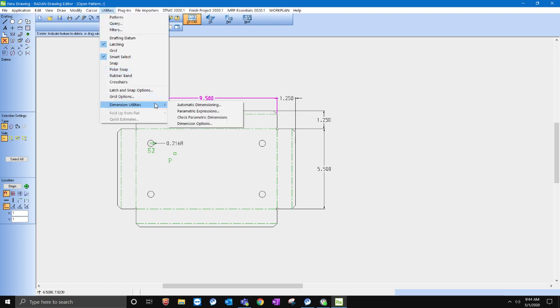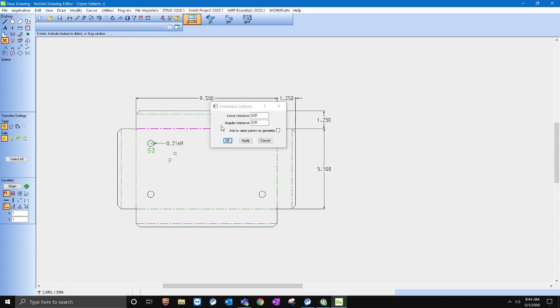Then I can come in and you can see I can do the diameter or radius, whatever you want to call it. So now we've got that part of our drawing done. Everything there is good to go. Right,